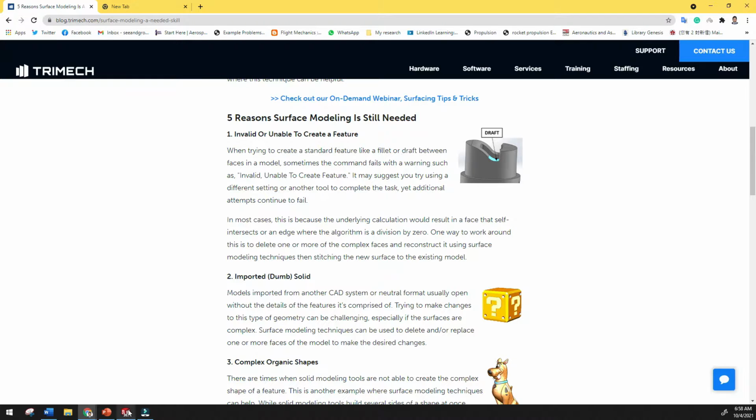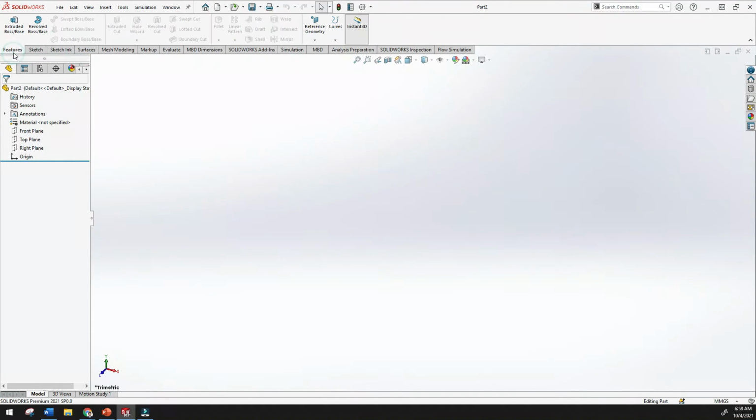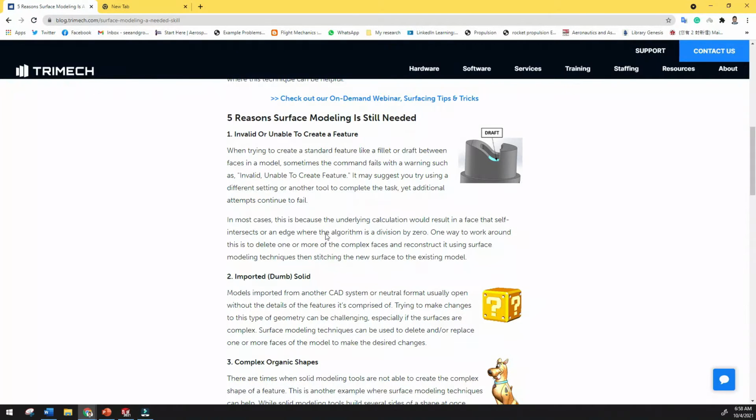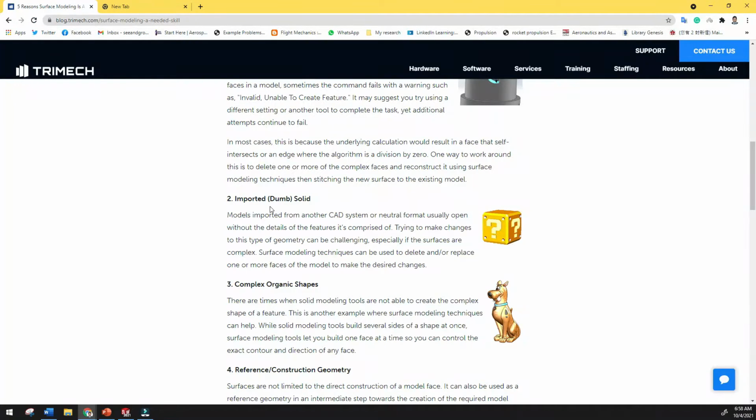We cannot use these tools, so for that we must need surface. Second one is imported solid. Sometimes if you import the solid modeling, it will automatically create the surface because it is not compatible with SolidWorks software and other software. So you need to import surface, and it will be very easy to work on surface modeling.